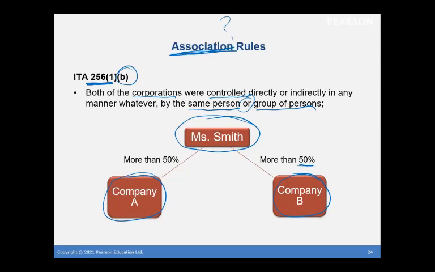Through her shares, she owns more than 50% of B and more than 50% of A. So in other words, if I control two different companies, my companies are going to have to share the limit. And that's that scenario I was talking about: why wouldn't I just open up 100 companies and just keep splitting that limit? I couldn't do that because I would be controlling all of them and they would have to share the limit. So these association rules eliminate that possibility.